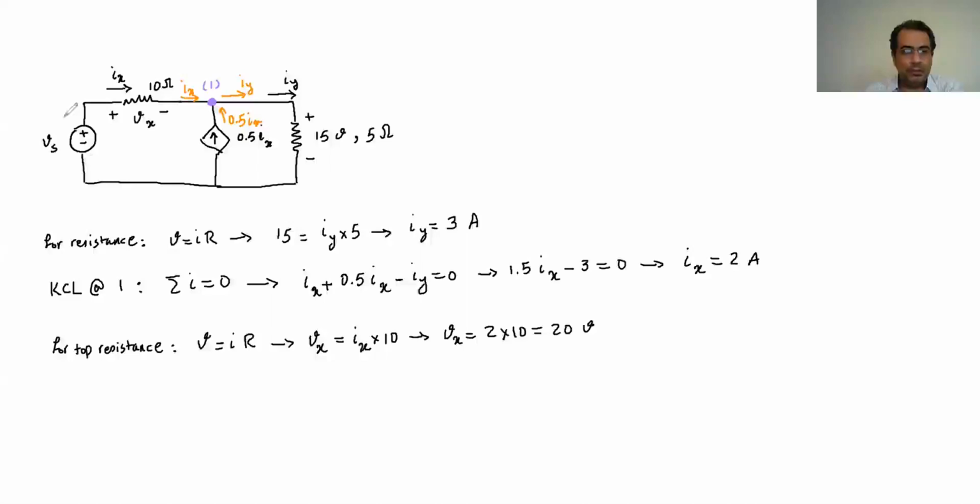The other loop that includes Vs is the very outer loop. If I go through the very outer loop, this voltage I don't know, the voltage here I know, the voltage here I know, so I have only one unknown and I can find the voltage. Because of that, I will choose the loop at the very outer part of the circuit. So if I write the KVL at the outer loop,